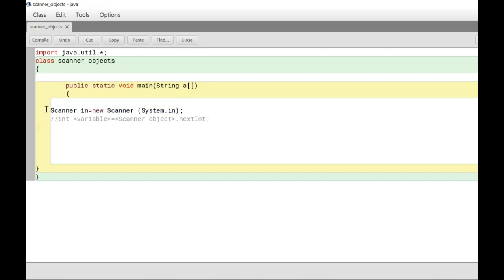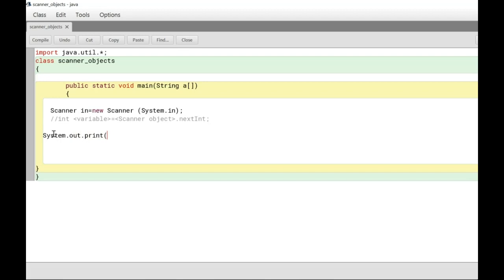So this should be written as it is because it's the syntax for invoking the Scanner class. In place of in we can give anything else, like sc or scanner or some other name, whatever name we want. This is our option, so we can give anything. I'll go with in. Then I said I'm going to get the input from the user. So how do we get input from the user? It's so simple. We have to say System.out.print,